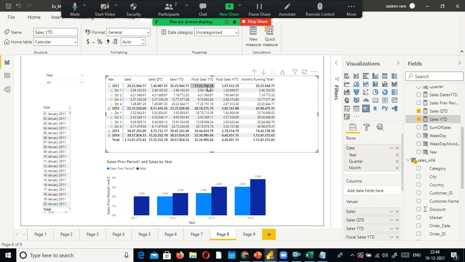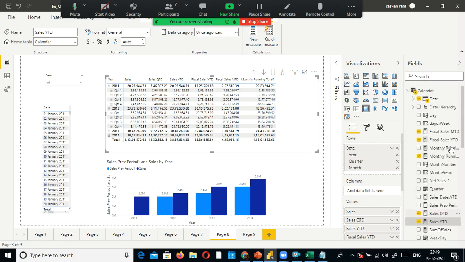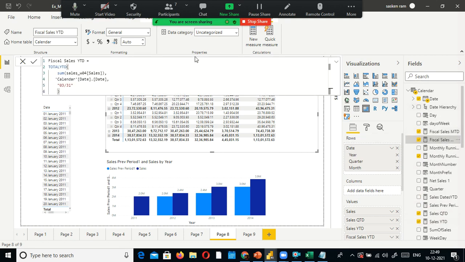Okay, but in the case of fiscal year, it is different. Look here, the fiscal year to date. I'll just show you the fiscal year sales. The syntax is slightly different. Look here, I have used TOTALYTD. What you want to sum, sales or units sold, in my case sales, then the calendar date, the date you need to give. This is the linked column between order date and this one, and here 331. So what is the 331? This is the one you need to specify.